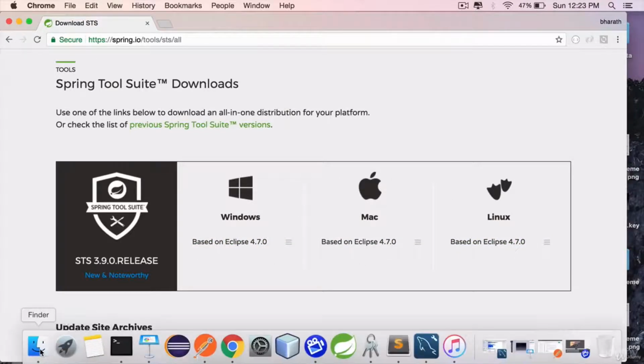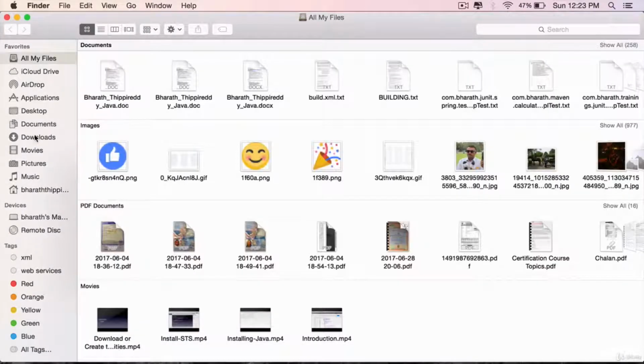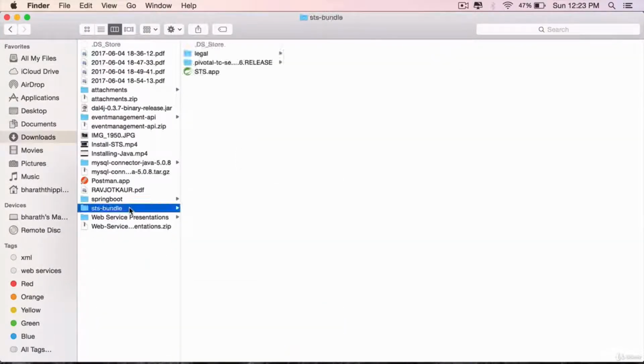Unzip the contents of it, and you will see on Mac, it will be sts.app. You will see the following folder. On Windows, it will be sts.exe. To launch STS, double click it,